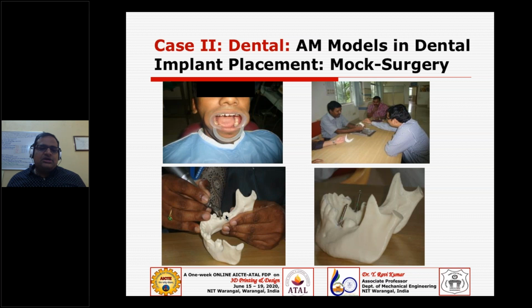Normally there are very few companies that sell titanium or cobalt chrome implants. Those are in a standard size, but that may not exactly fit the patient. Why? Because each patient has his own molar size, and each tooth may have a different geometry. But through 3D printing you can make this patient specific and do a rehearsal, and come out with the size of the implant, the orientation, and the depth. You can conclude all that based on the rehearsal.